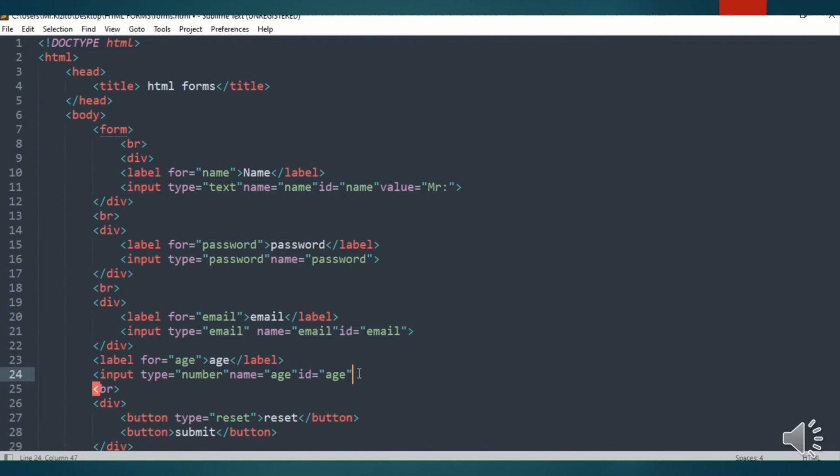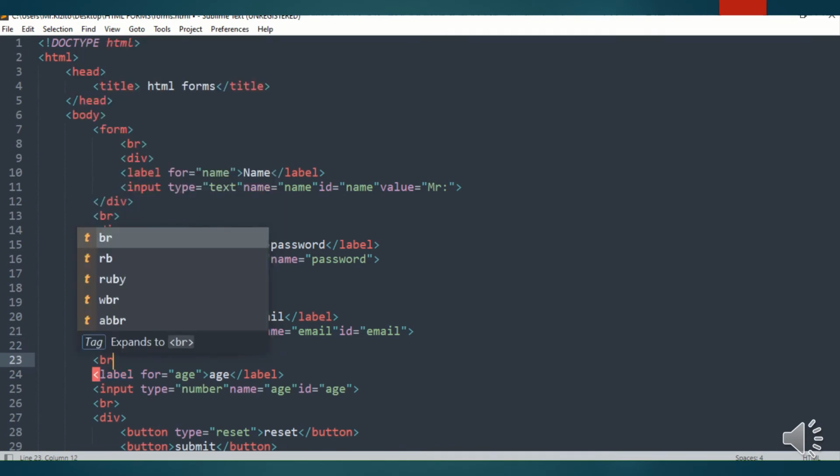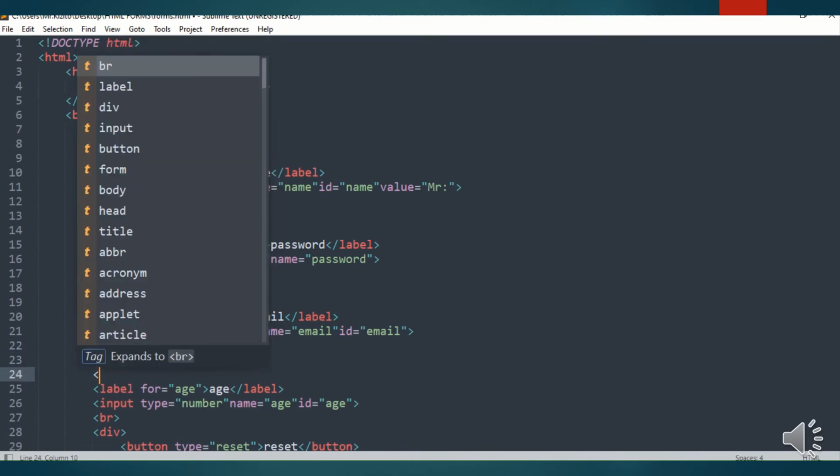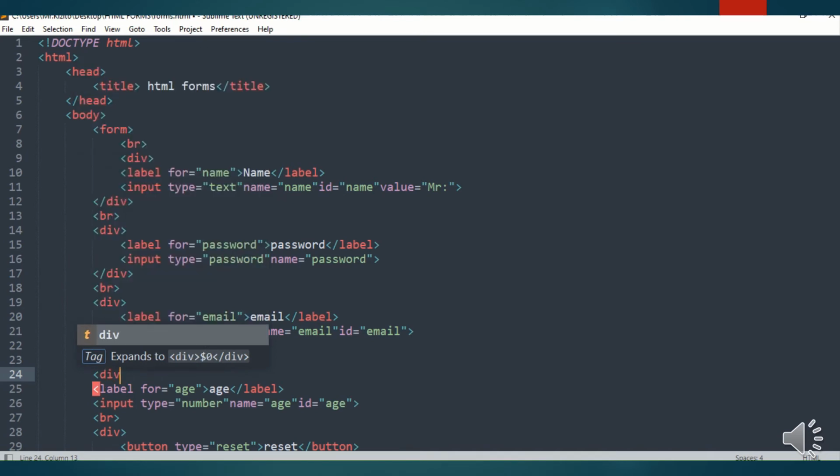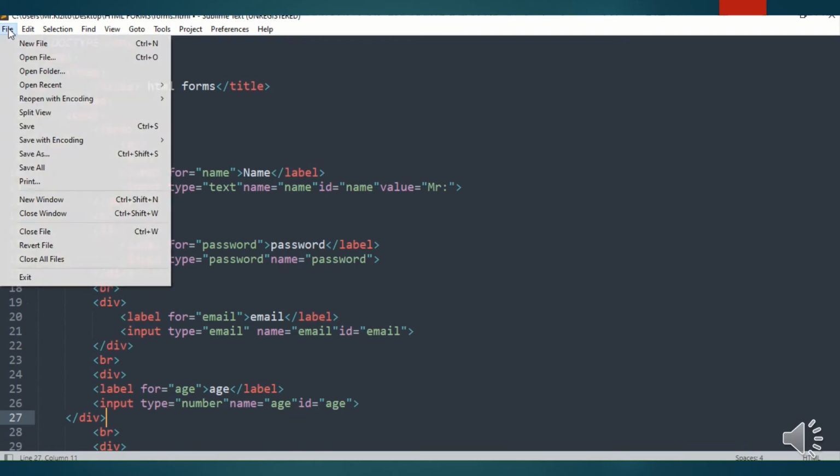Okay, and then to close this one out, let me see how it can fit. Let me add the break so that my work is nicely presented. Okay, so if I do this, there we are. So label for age, then the input: the type is number, the name is age, and the ID also is age. Okay, so I have to save this now